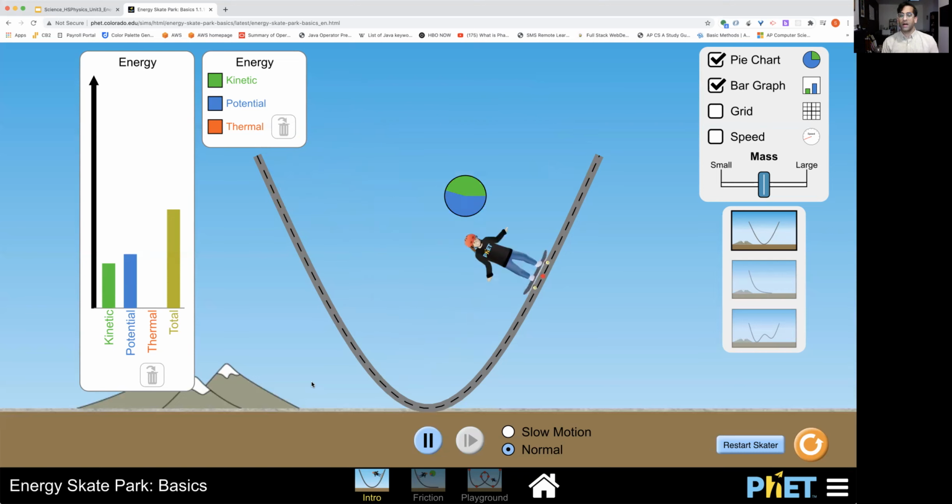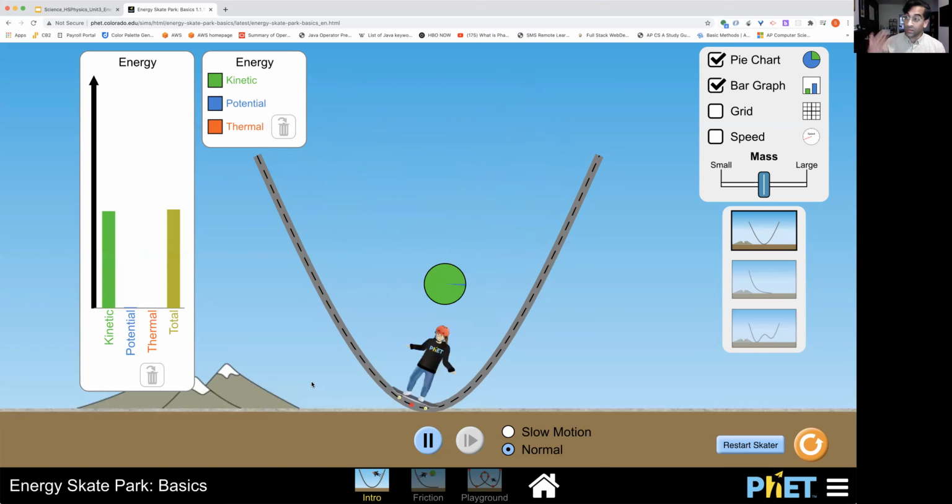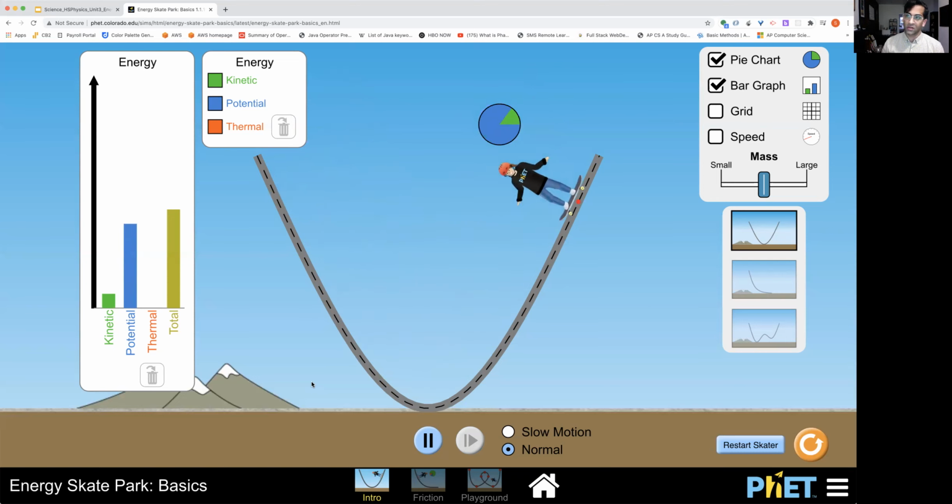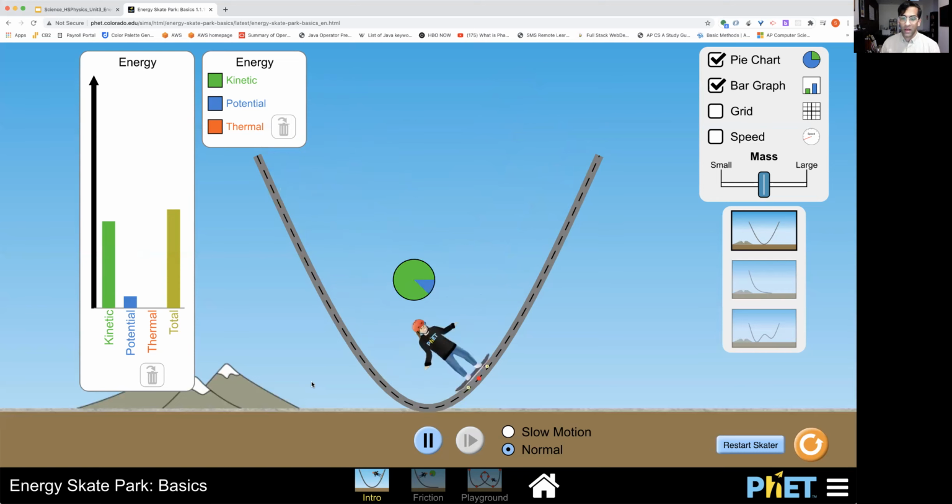All right, so at the bottom, it's converted all into kinetic as the movement gets faster and faster. And then it's converted back up into potential as we scale back up to a higher height. Notice also that the thermal energy is non-existent in this situation. So this is the intro skate park, and in order for us to take a look at friction and its